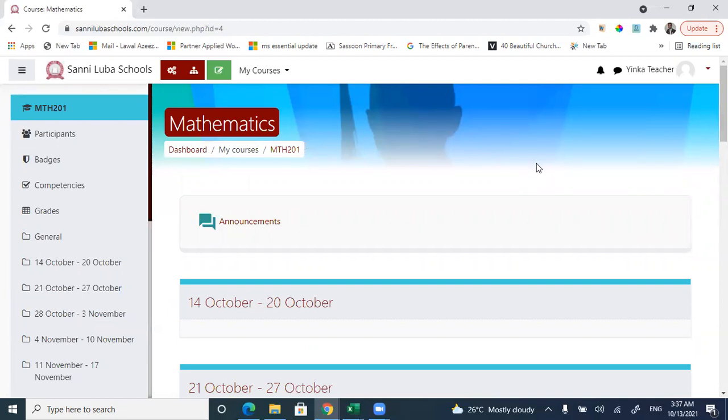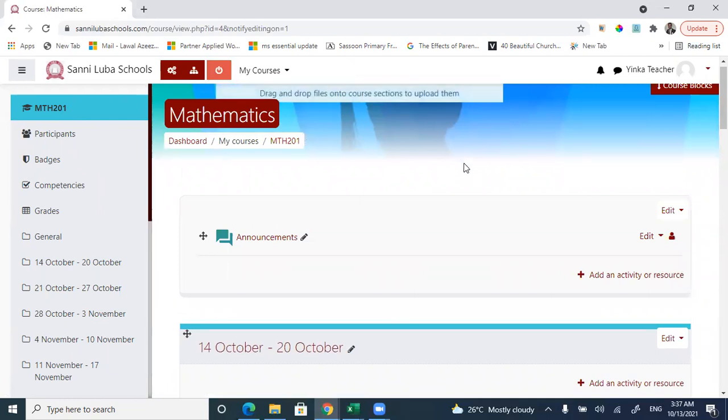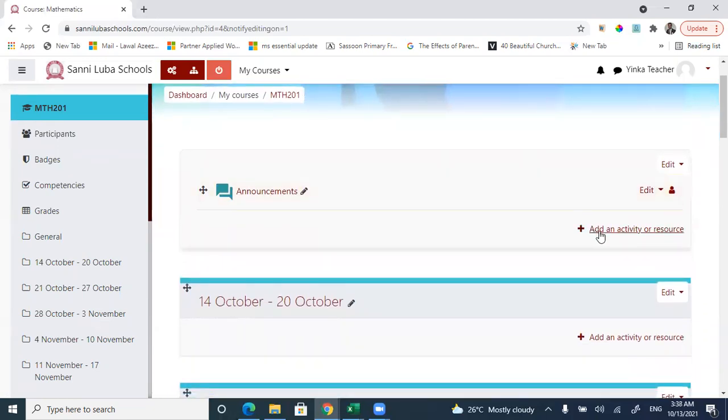The first thing that you must do as a teacher is to first turn on this editing. Editing is a security button that allows you to hide editing mode. The editing mode is where you can add activities and resources,